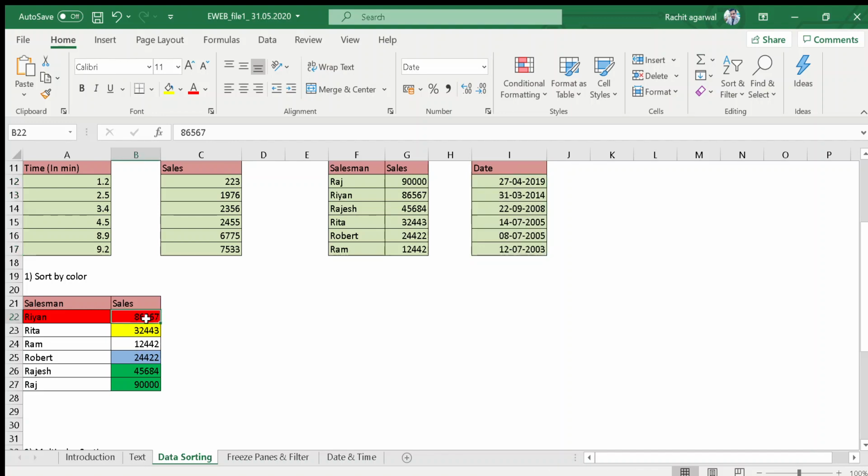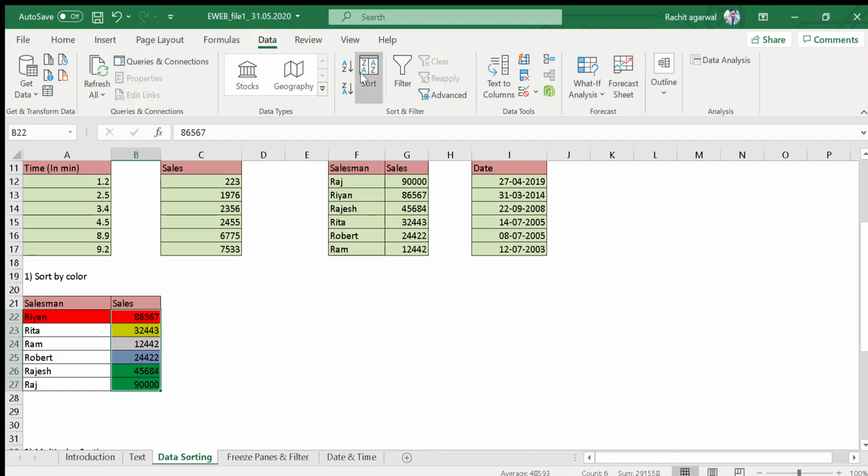So now if I want the sorting as per color, here I have marked Rayan in red color for any reason. Now I want the red color on the bottom. So what I need to do, I will select the entire table, go to the data tab.